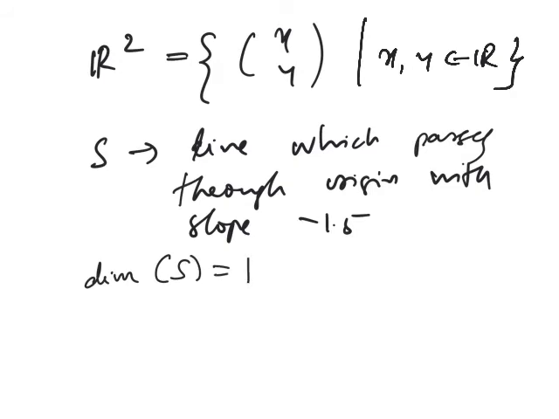So, notice that it is not going to be a point, okay? If you take elements of S, it is not going to be represented as a point in R. Instead, it is going to be represented as what? It is a point in R2. So what will be a general point in S? It is going to be of the form some x, minus 1.5x. So notice it is a 2 tuple, but then it has only one freely choosable variable.